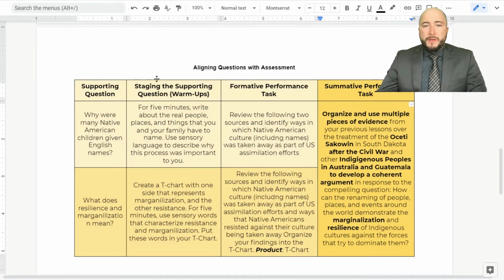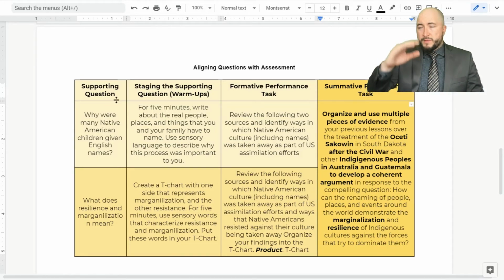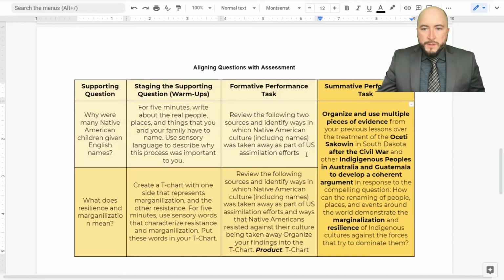And I think some people would argue you should start with the formative performance task and work your way back. I kind of do the same thing with my standards, right? I have the same philosophy when I'm using my standards. I don't start from any particular point. I think you should go wherever your eyes catch first. And so we have bolded words, and since this video focuses on supporting question, I'll start with this one, but